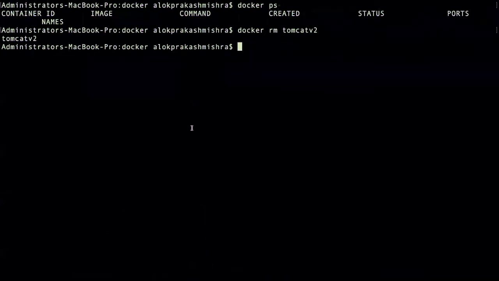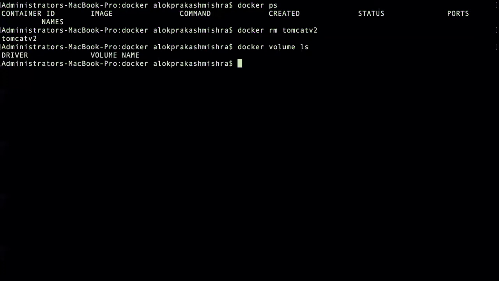Now docker volume. If you create your volume in docker, then docker manages the volume, and there are different benefits of the docker volume. You can share resources within the container. If you want to copy something, or just keep a backup of things, then you can use this volume concept. To create the volume, first let me check any volume that I have. Docker volume ls command.